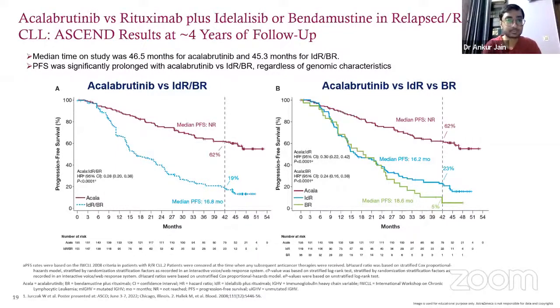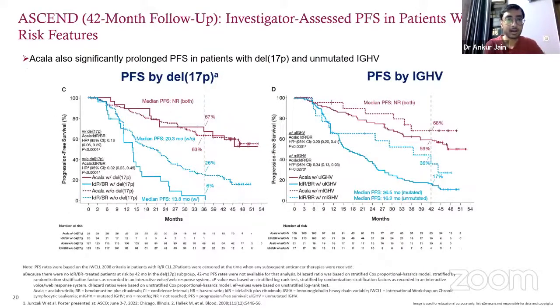Next slide, please. And again, similar to the ELEVATE-TN trial, this PFS benefit was seen irrespective of the IGVH mutated or the deletion 17 status. Now, this advantage of acalabrutinib is different from the ibrutinib arm, because in the ibrutinib arm, there was